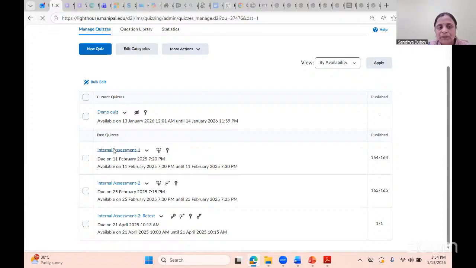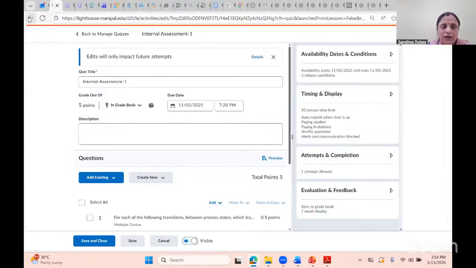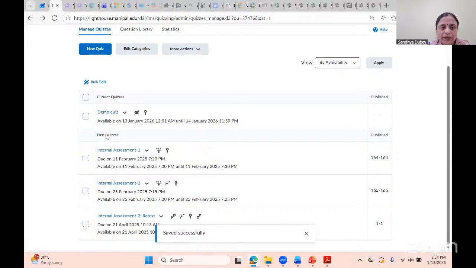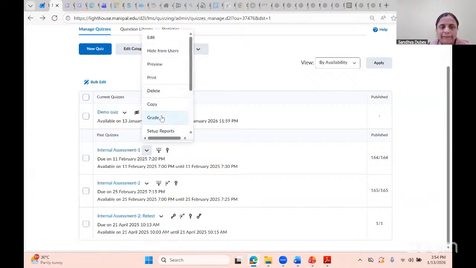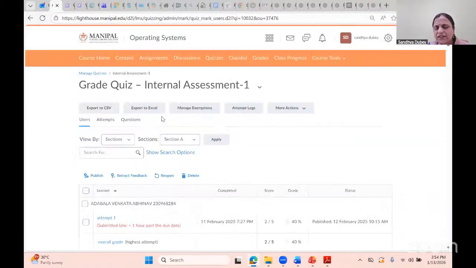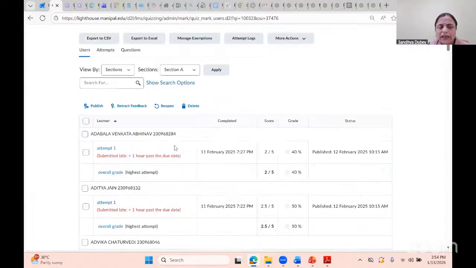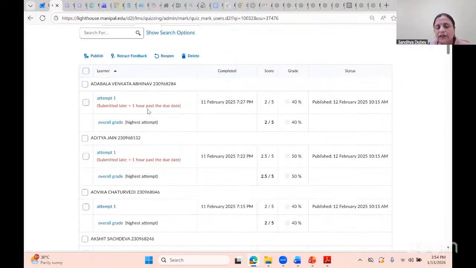I'll show here how the assessment looks. Once the evaluation is done, we can publish the result. I can go to the grade. It is a very easy task. So you can see here, submitted late less than 1 hour.